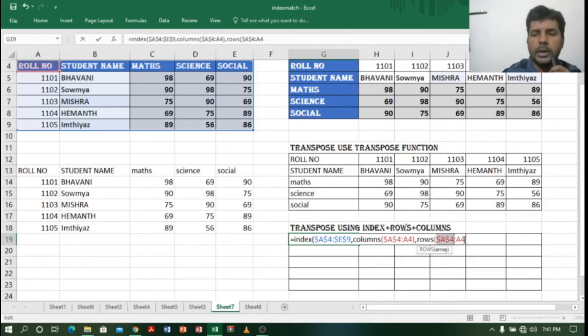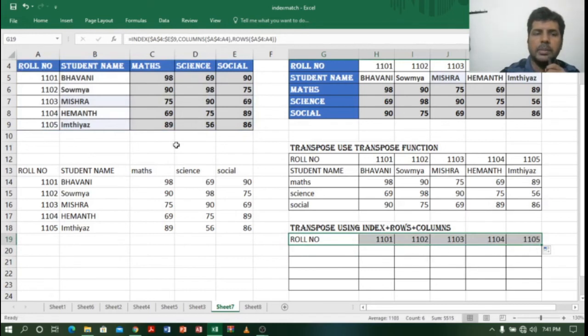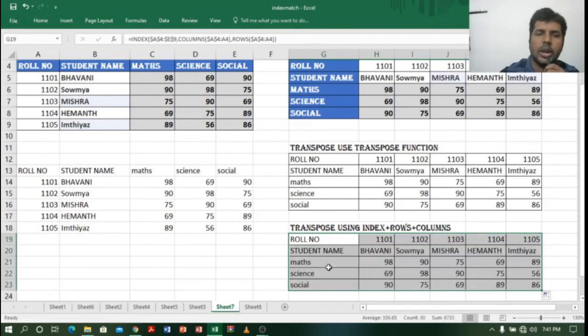Now let me close the bracket, close the index bracket, enter. Nice. Now let me drag towards the right side and see, this time my column has converted into row. Let me drag down. Nice. Now I got the whole table transposed.